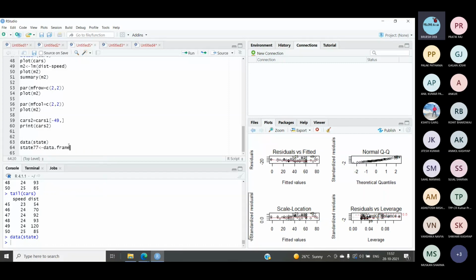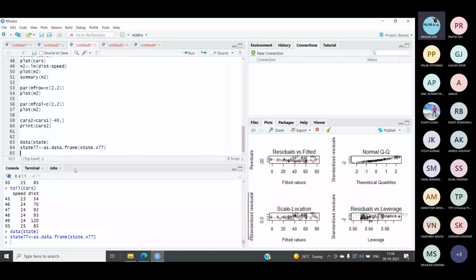Here we have to specify the as keyword also, because we want to make it a data frame. So we will mention as.data.frame(state.x77). Fine, so we have loaded it into state 77.